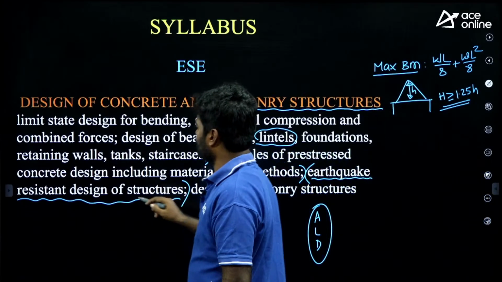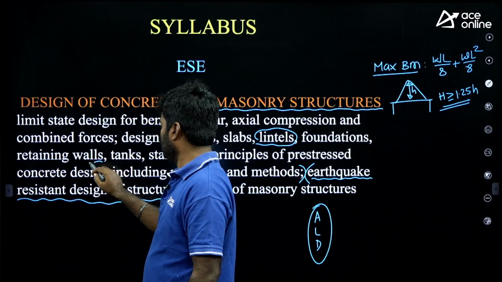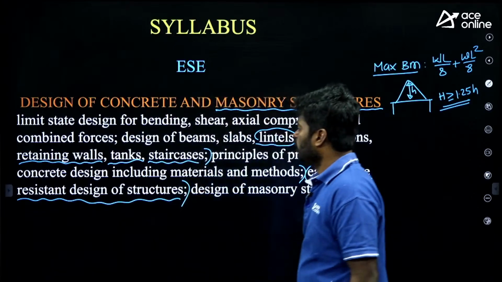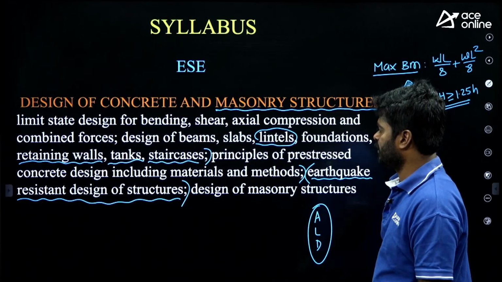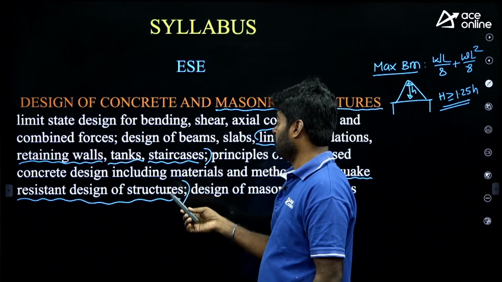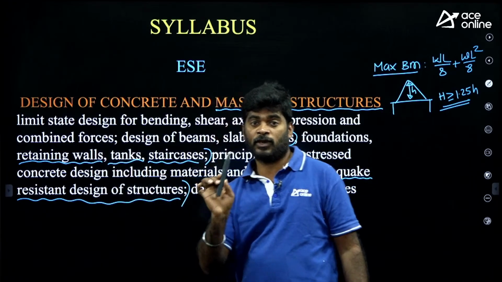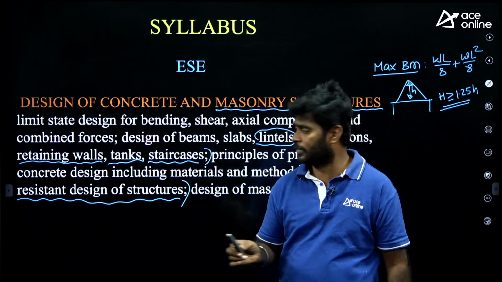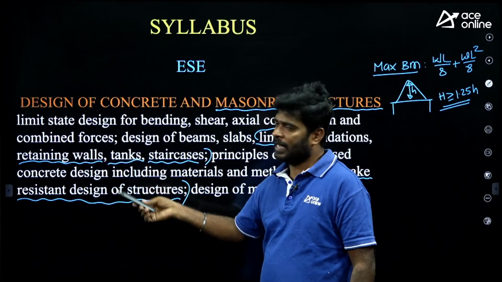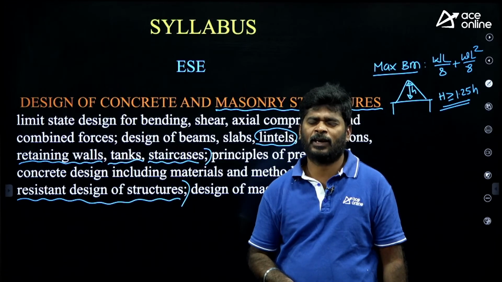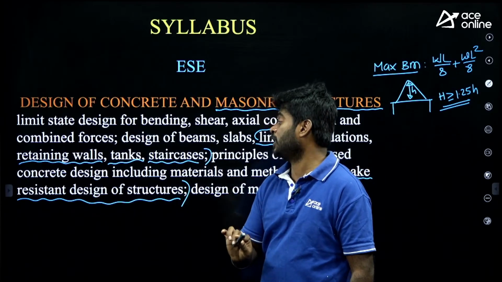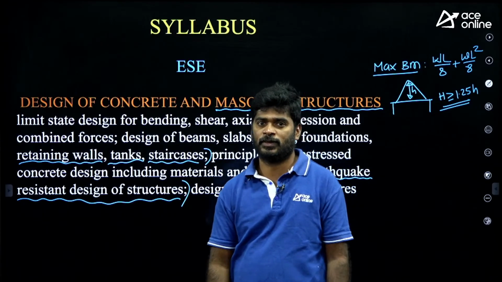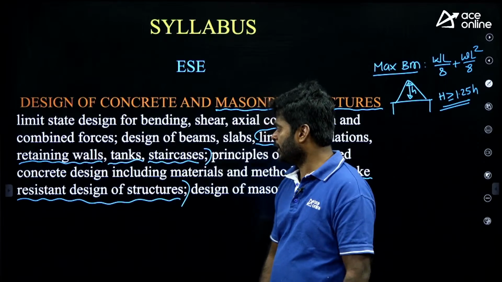No doubt, questions will be asked rarely from retaining walls. Last year, I think they did not focus on these topics, but this year, you can expect 1 question from the 3 chapters. We don't know from which chapter they will ask. From these 3 chapters, my dear, 1 question will be asked. Hardly for this chapter you need to spend 1 hour. Sufficient. For this chapter, where is it, tanks? Tanks also, hardly 1 hour. Not required beyond that. For prelims I am talking. Retaining walls 1 hour. If you spend 3 hours, you will get 1 question. Easily you can answer 1 question, right?